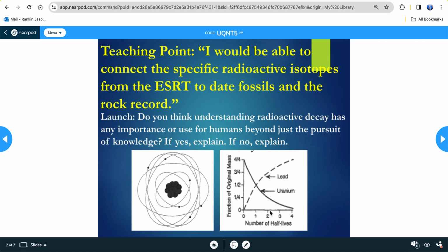All right, in this example here, we have a graph showing the uranium versus lead percentages left over. 4 out of 4 is a whole, right? That's going to be 100%. 3/4 is 75%, 1/2 is 50%, 1/4 is 25%, and of course 0 is 0%. As time increases, or the number of half-lives increase,